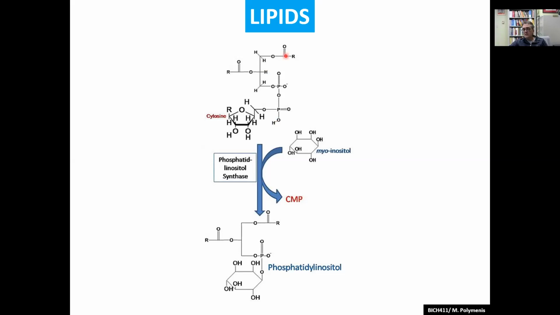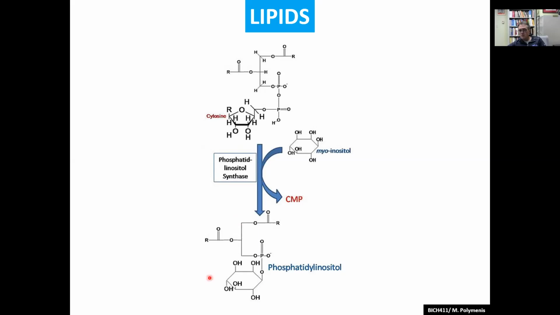You have phosphatidic acid, and then you have CDP-diacylglycerol, so it's activated already. You can use it in a reaction with myoinositol, which looks like this. What you get is phosphatidylinositol. You release a CMP, and you maintain this part. And instead of the CMP that you had, now there is inositol, so that would be phosphatidylinositol overall.